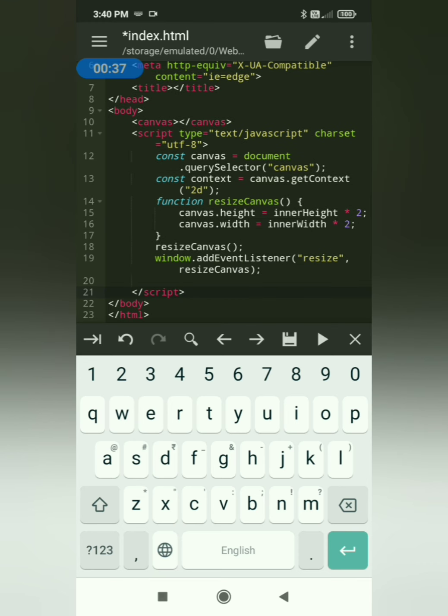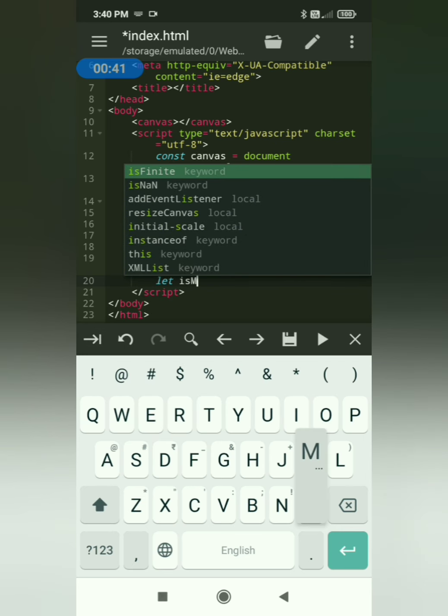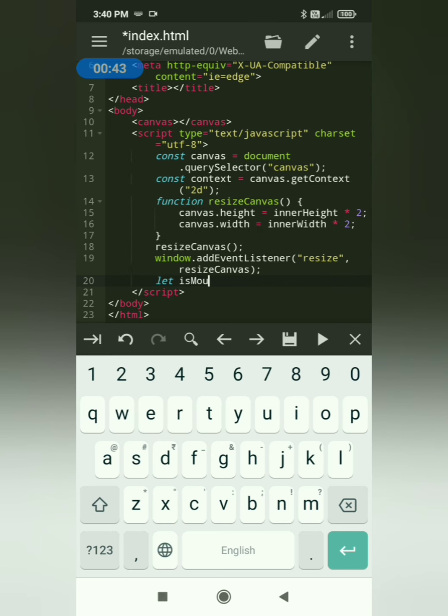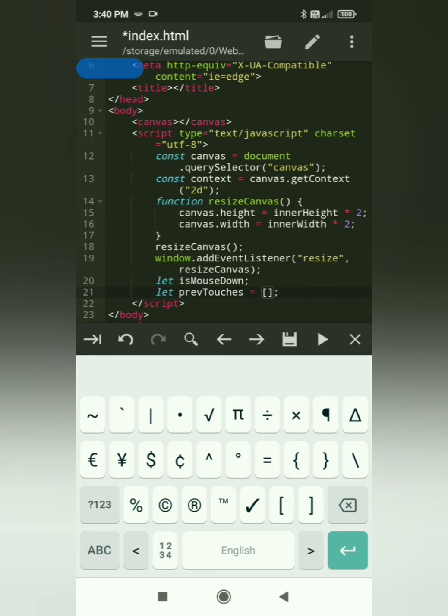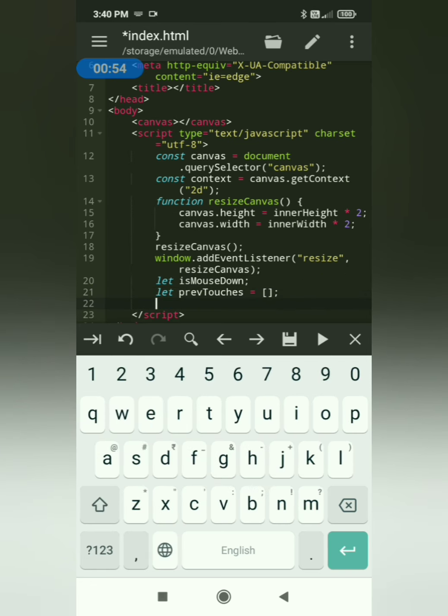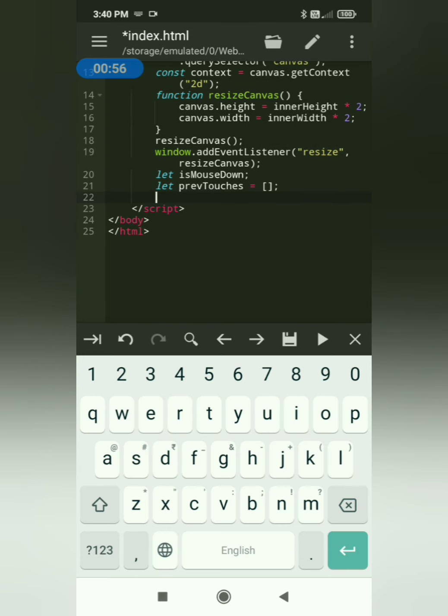After that we are going to create two variables, that is mouse down, that we are going to use throughout our code. And the next variable is an array, and we can name it prev touches. Also we are using let for declaring them so that we can change their value when needed.